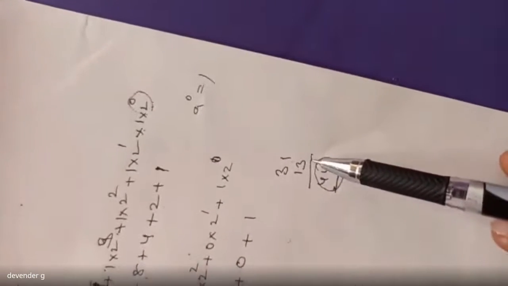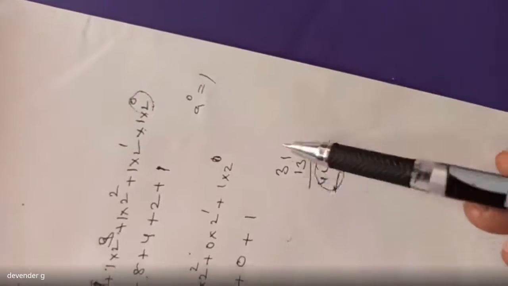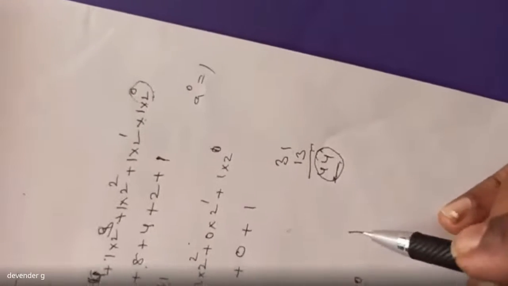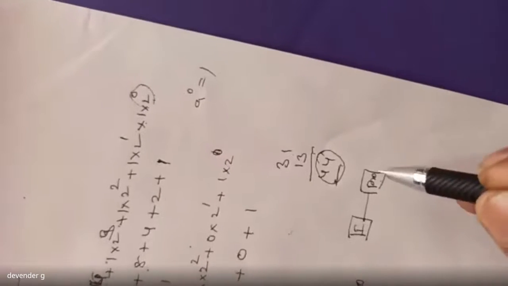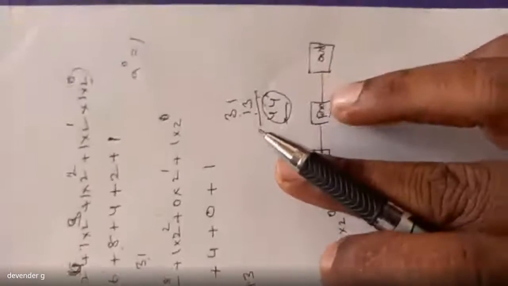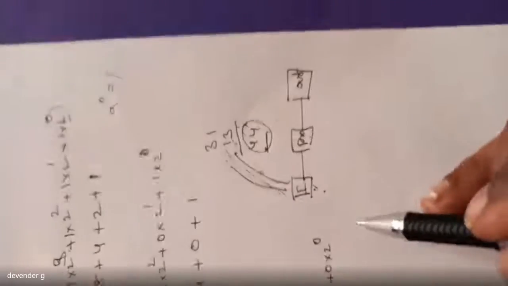So this is how we're going to convert. Whenever I'm typing on my keyboard 31 and 13, I'm getting the answer 44. So the system will process. This is the input. From day one I'm telling about this: input, process. So this is your input, process, and I'm getting the information as an output. So the input I'm giving is 31 and 13. These two values I'm giving as an input. The process happens, and I'm getting the output as information, 44.